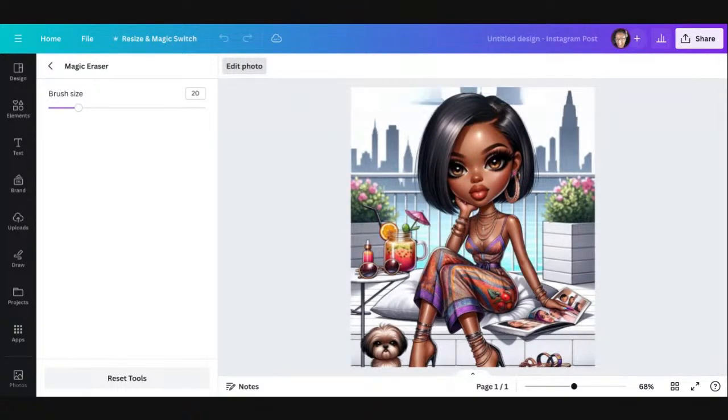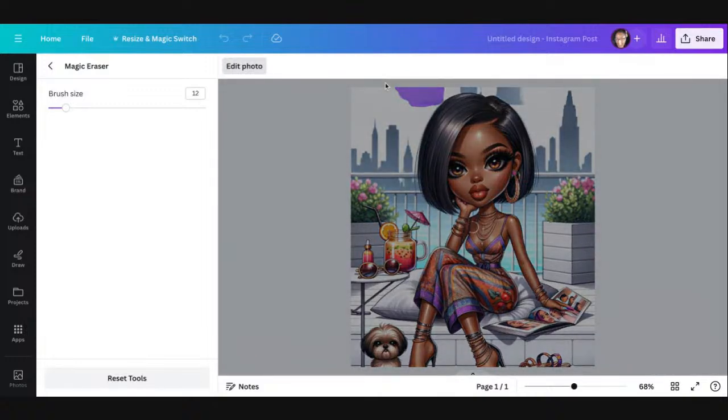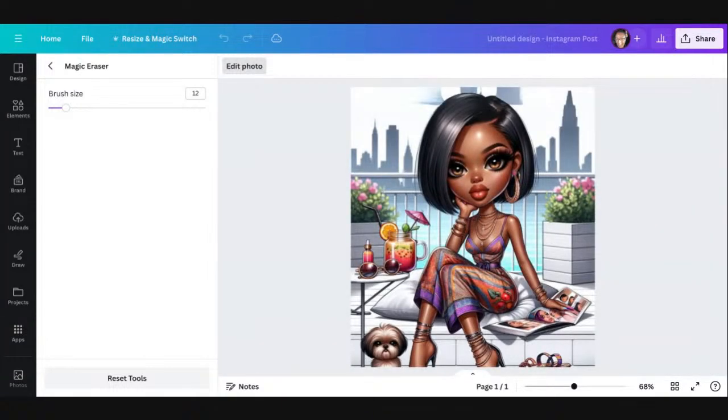Okay, it's getting better. See, and I know if I do the background erase, it's going to erase all of that, and I'm trying not to. So that's why I'm going over it like this and being kind of meticulous about it. Let me see if I can get it to erase this a little bit more. Now, there's another thing that I could probably do too, but let me see if I can get this to erase a little bit more before I do it. Because the main thing is just to get it so that I'm able to work with the photo.